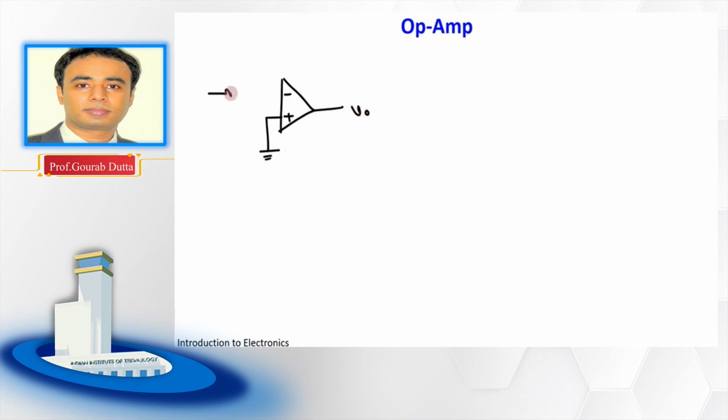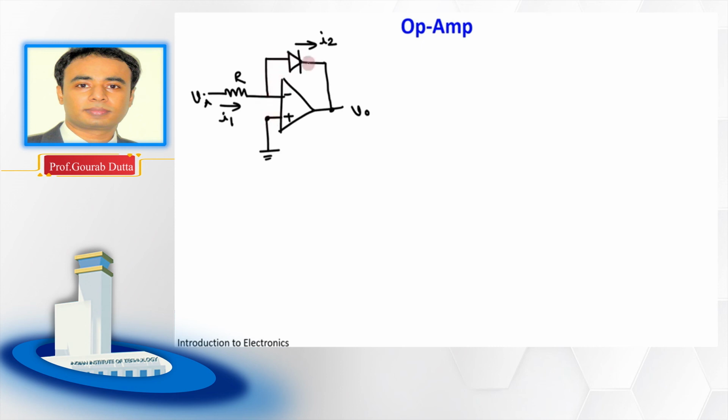This is the input, and with this input we have connected one resistor R, and here is the input voltage Vi, and as mentioned we will place one diode in the feedback loop. Let us say the current flowing through R is I1 and the current flowing through this diode is I2. And as this terminal is grounded,